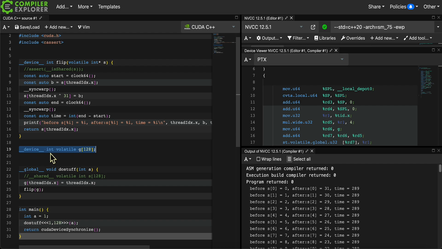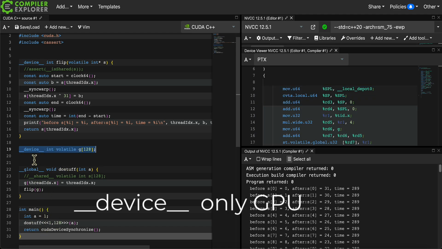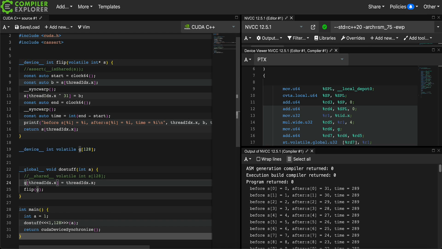This device array lives in global memory. Now you would think they would have used the keyword global here, but they use the keyword device. That means that device things can only be accessed from the GPU. So here we initialize our global array now and pass it to the flip function.